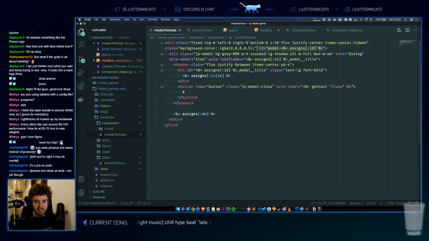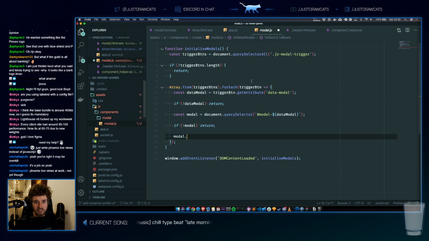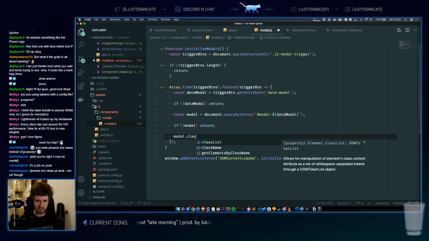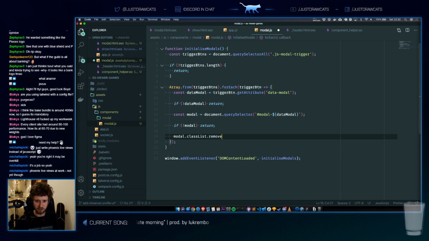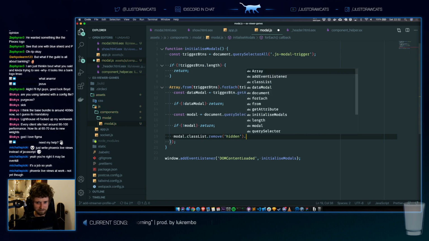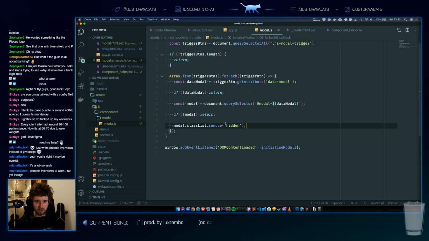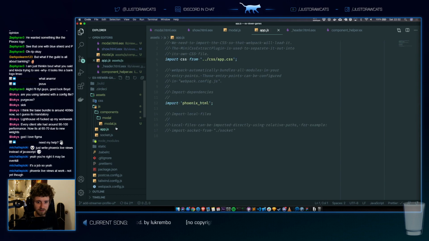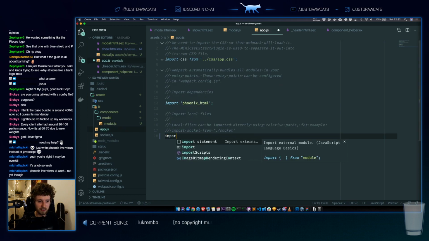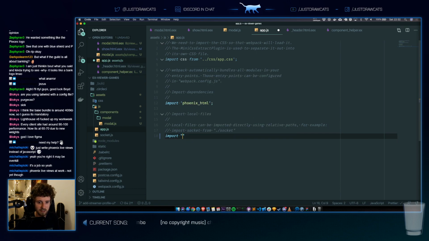Oh, we already had a JS modal here. That's fine. Okay, we have a modal. We're looking for the modal that you click on, and then we're gonna do classList.remove hidden. See if that works. Oh, we didn't even include this JS file yet. Of course. Import. Oh, this is JavaScript. Nice. Modal slash modal. Let's make this index.